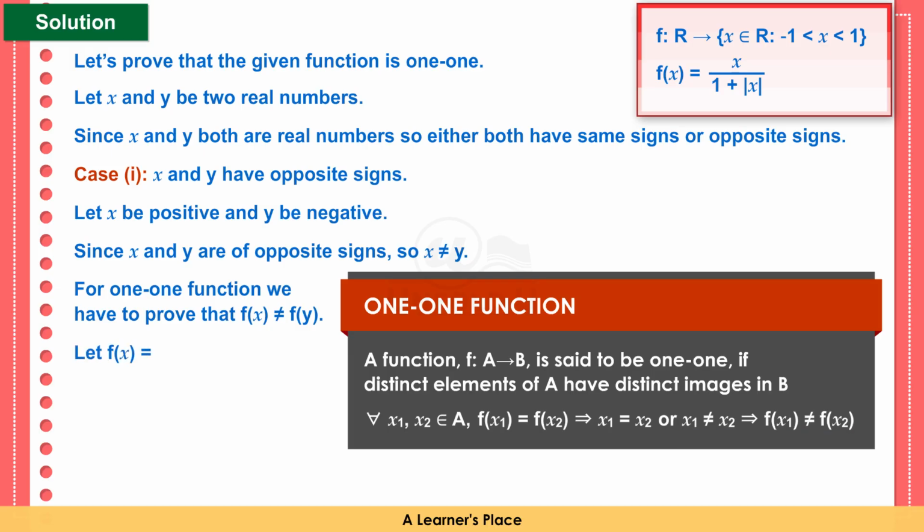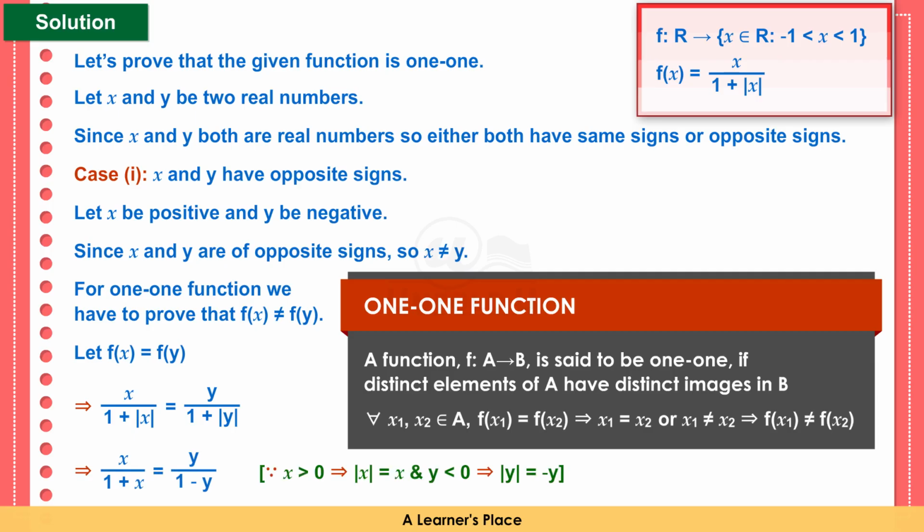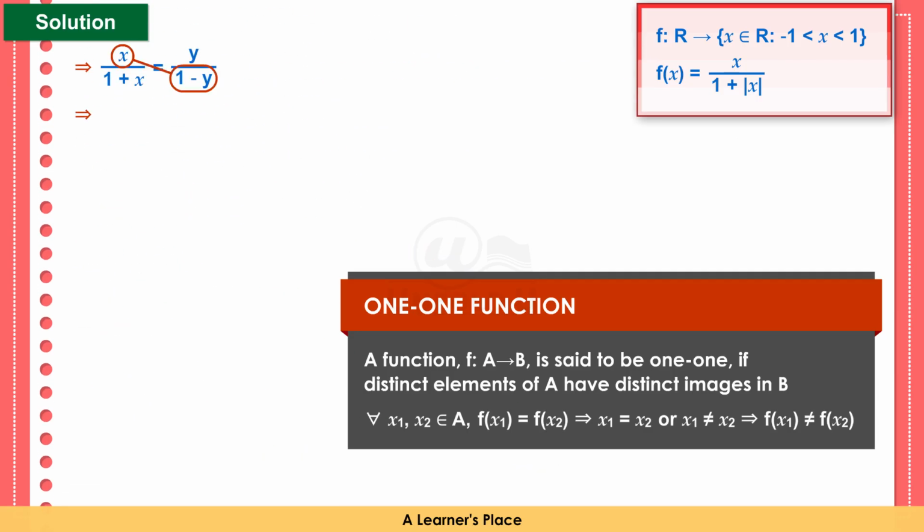Let f of x be equal to f of y, which implies x upon 1 plus modulus of x is equal to y upon 1 plus modulus of y, which implies x upon 1 plus x is equal to y upon 1 minus y, which implies x into 1 minus y is equal to y into 1 plus x, which implies x minus x into y is equal to y plus x into y, which implies x minus y is equal to 2 into